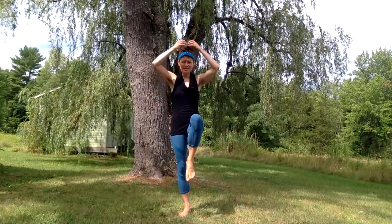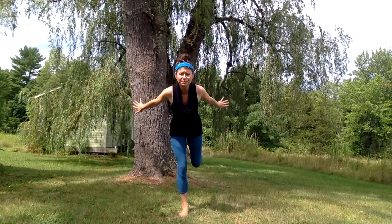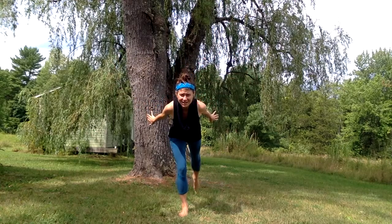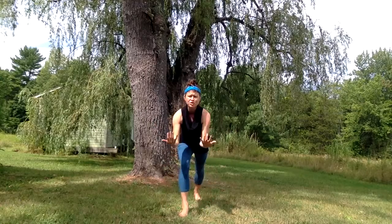Find an inhale and start to lift the hands up through the center as you pick up your left knee. Breathing in. And then go ahead and part the arms as the heart comes forward and the leg goes back. You're in a warrior 3. Then let your left foot land really nicely as you breathe out. You're in a low lunge, and then just scoop your hands down, forward and up, and then straighten that front